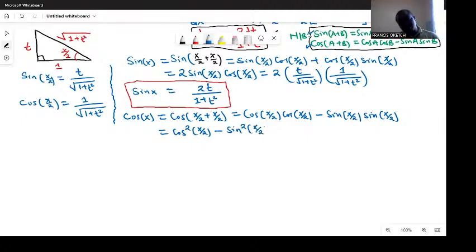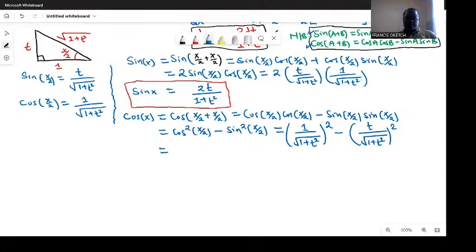And if I substitute, for the cosine we got 1 over the square root of 1 plus t squared, and all of this should be squared, then minus, for the sine we got t over the root of 1 plus t squared. Again, all of this should be squared. So when you work that out, that will give us